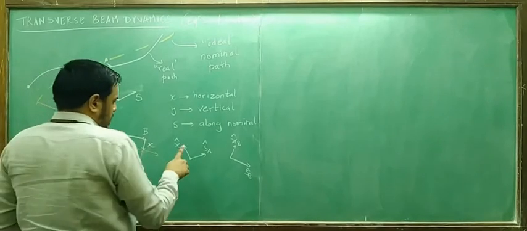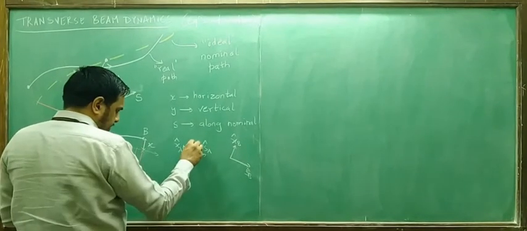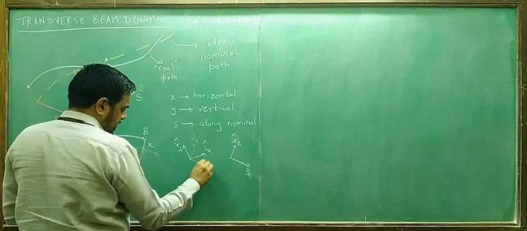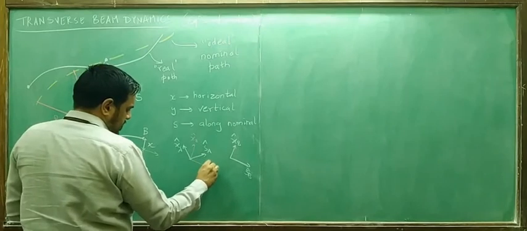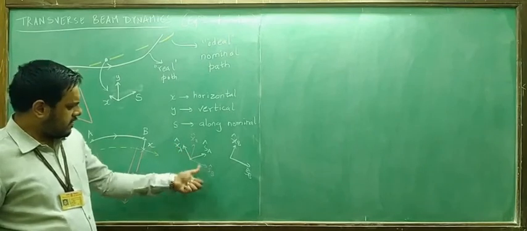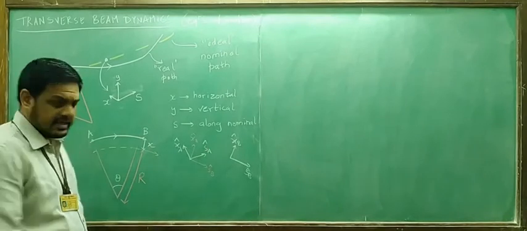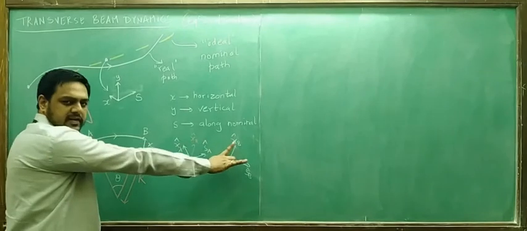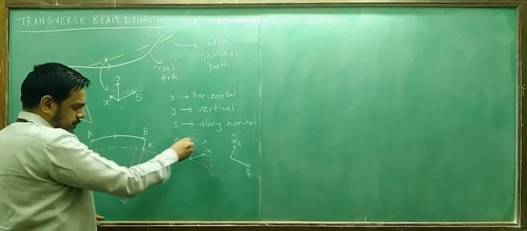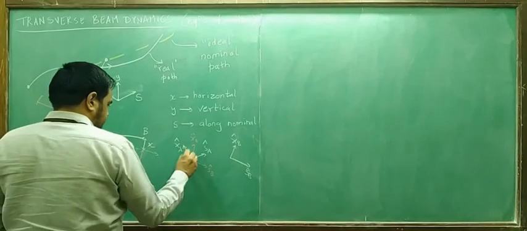Okay. If you look at these two, you can try to plot x_B hat here. This will be x_B hat, and this will be s_B hat. One can actually write down x_B hat and s_B hat as linear combinations of x_A hat and s_A hat. That is, the final values of these unit vectors will be linear combinations of the initial values. You can see that because you can take a projection along these two axes and so on. If you try to do that, you will find that this angle is theta.